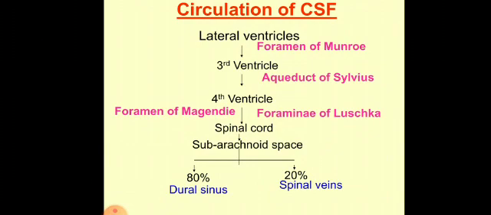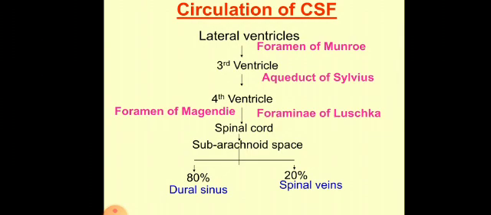Now, a small amount of the CSF may pass through the sheaths of cranial nerves and then enter into the cervical lymphatics. Roughly 4/5ths is drained into the dural sinuses and 1/5th into the spinal veins. That is basically the site of absorption. And you already know what arachnoid villi are. The arachnoid villi are small finger-like processes which project into the venous sinuses.